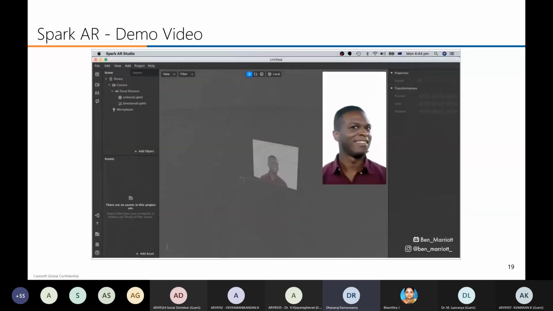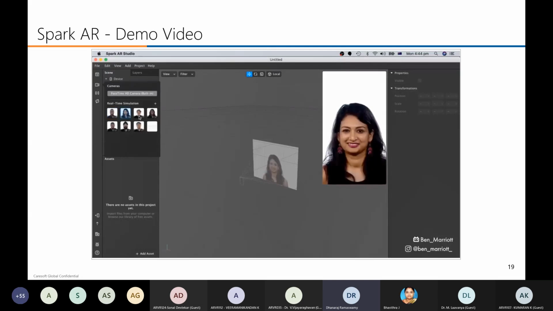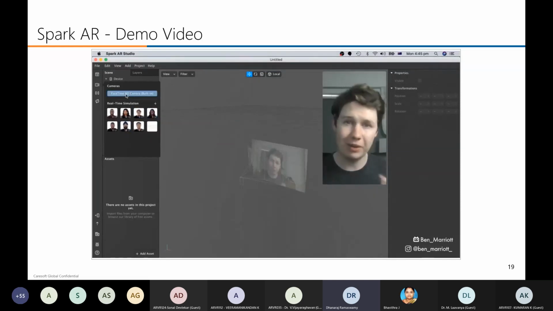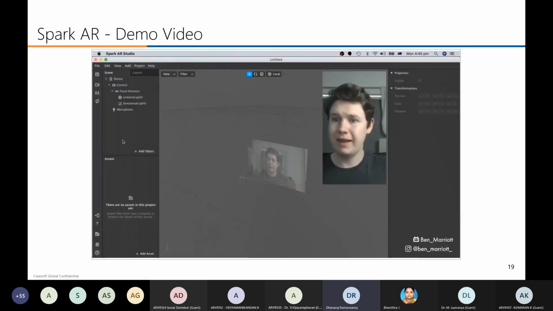Here we can see a test face where we can simulate our filter live. There are also a few more options if you go over to our camera icon over here and select the other faces. This is so you can test out different skin tones, different hair, and even beards. But let's click on this FaceTime HD camera up here, which is my webcam. Now I can test the filters live on myself. Over here is our scene panel, and down here is where we're going to keep our assets.